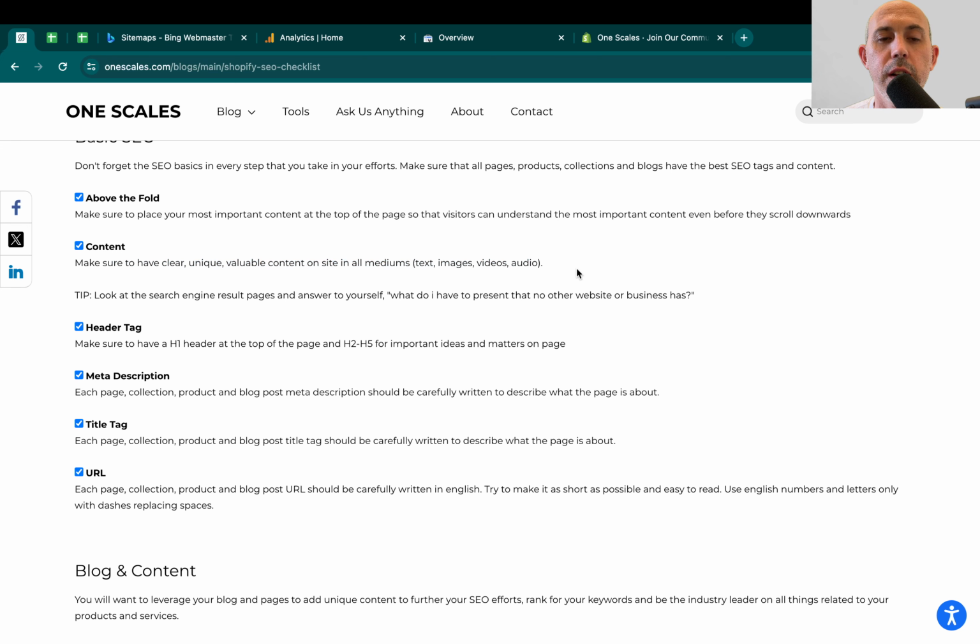Make sure you have unique content. Make sure you write things that are valuable. Don't just bloat it. Don't write too many things. Just write things that people want to read, that are different from your competitors, that are unique, that show your selling points, your important things,